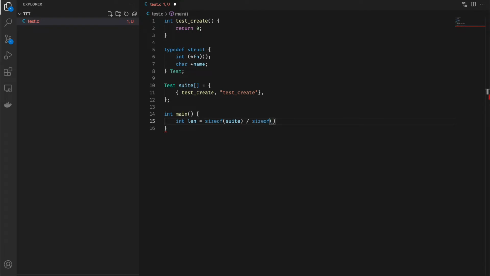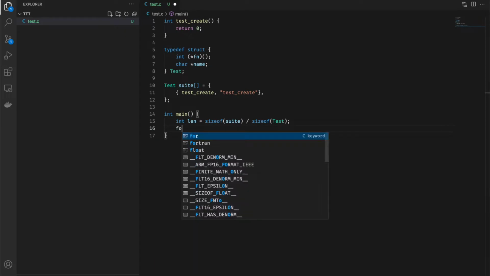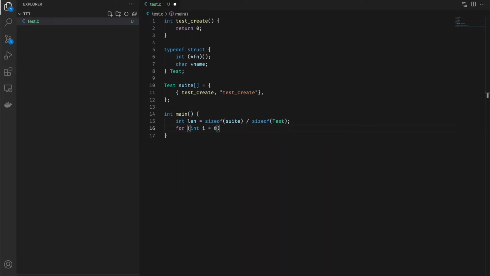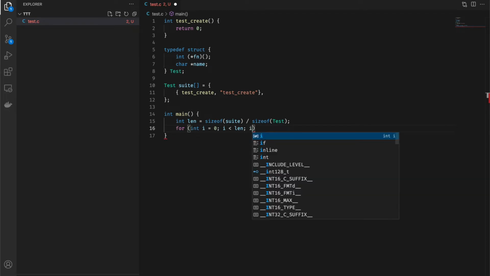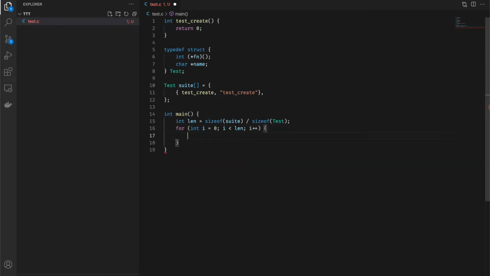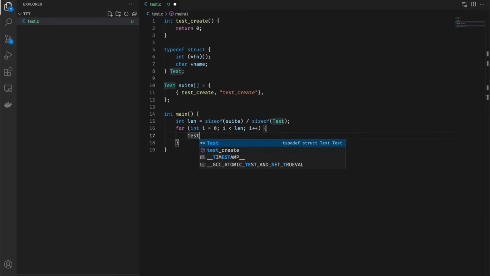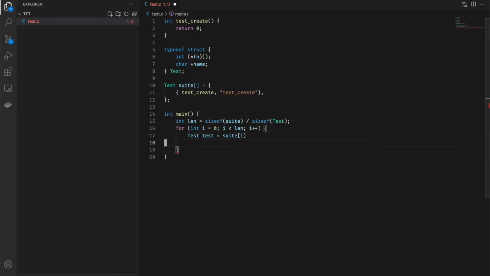So the size of the test, right? That's the length. Now I can iterate through it: for int i equals 0, i less than len, i plus plus. And I'm going to get the test. Actually, we have the suite i, right? We can just say test is equal to suite i. So now we have the test,